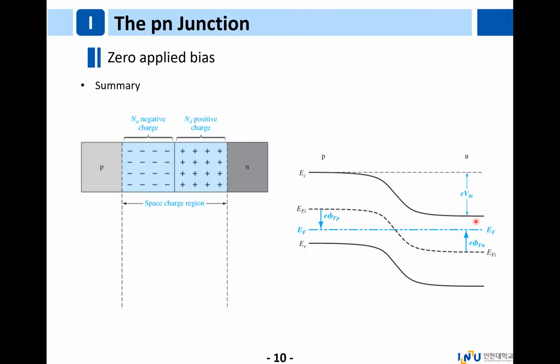Although electrons on the right side attempt to diffuse to the left, a built-in electric field arises. As a result, the force of electrons attempting diffusion and the force caused by this built-in electric field